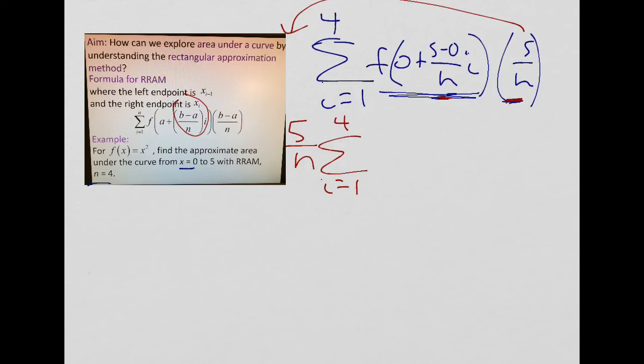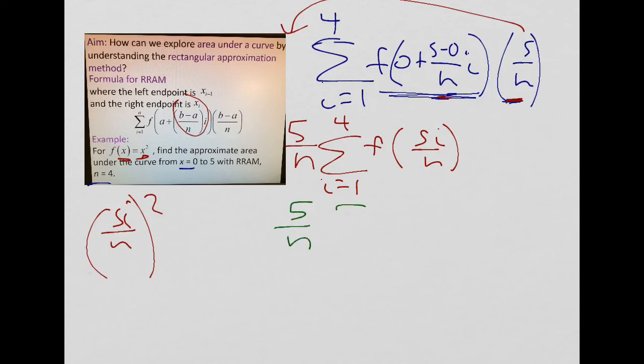So now, let's see what we're using here. This is f of 5i over n. So that means we need to plug in to our function wherever we see x of 5i over n. Luckily, it's just x squared. Please be careful, as the more x's, there's more substitution, okay? So now this actually comes out to be